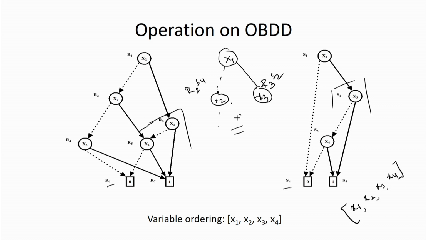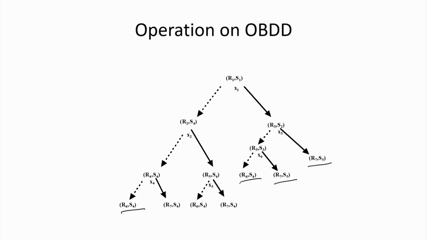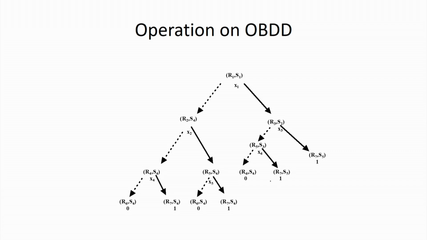Now, I am going to apply plus. So, that means 0 plus 0, it will be 0. So, these are the terminal nodes basically. Now, I can apply the operation. So, if I apply the operation, this is the result that I am going to get. So, now you see this is the resultant BDD after application of this particular apply algorithm, but these BDDs may not be a reduced one.